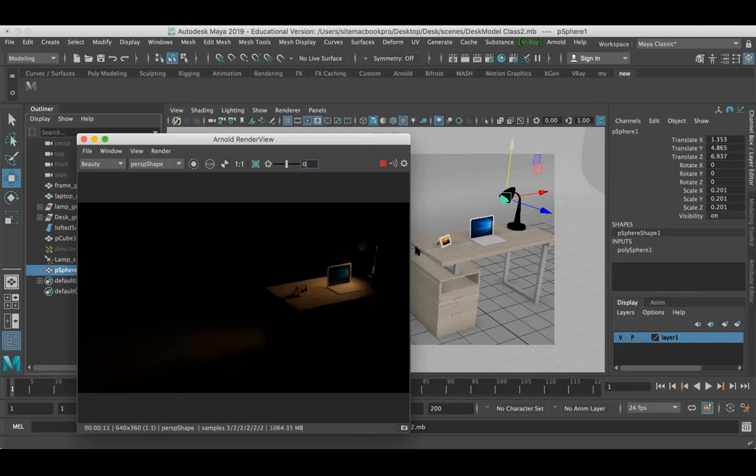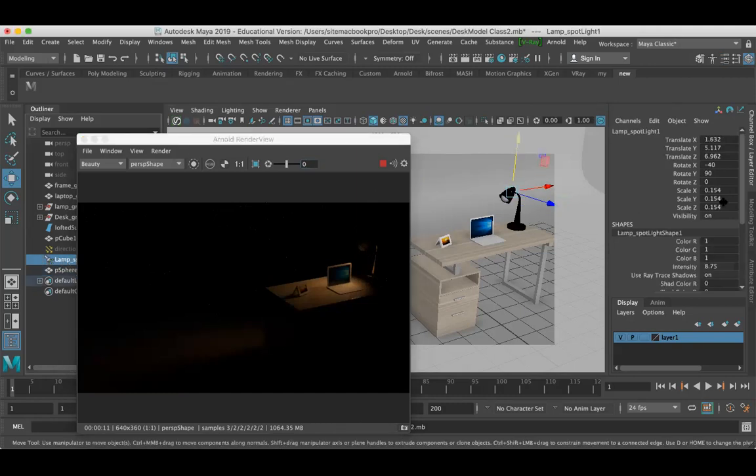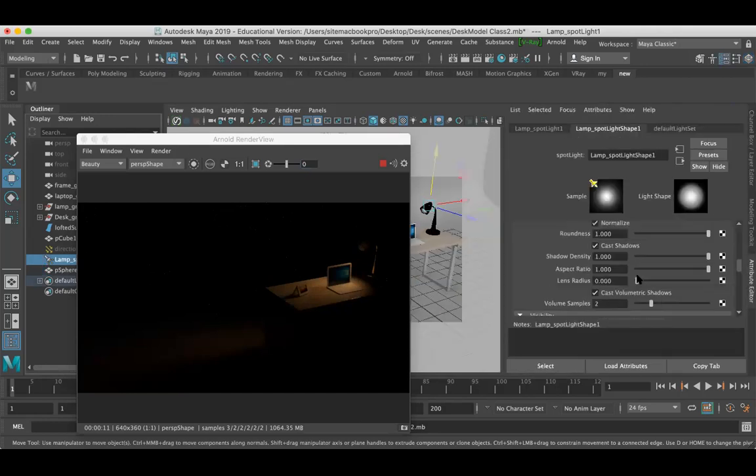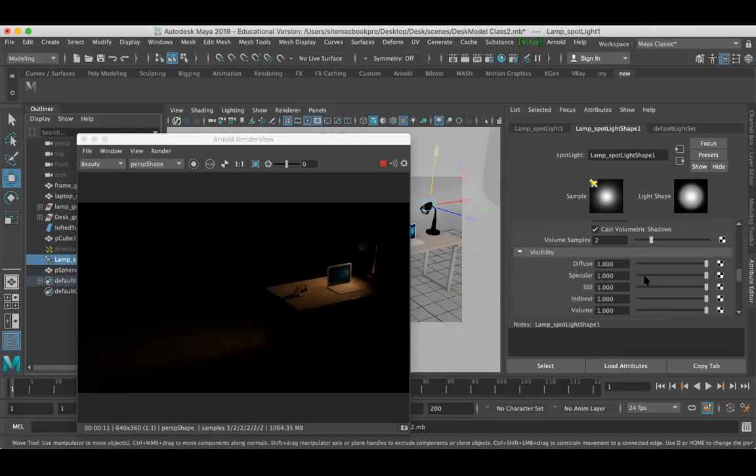Look here, we are getting the shape of the bulb, but it's still not proper. So let me try with the spotlight. Go to attribute, and here you have seen the exposure.